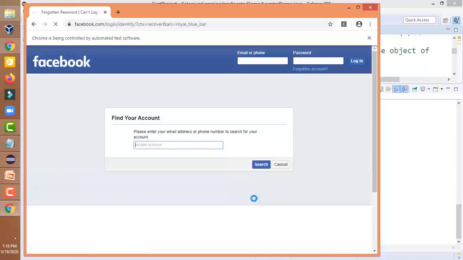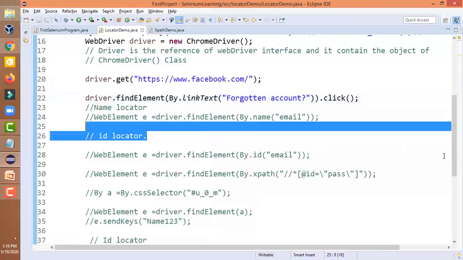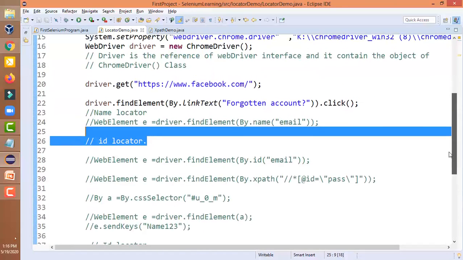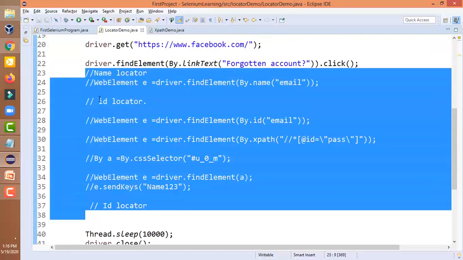If you look at this, it has successfully clicked on forgotten account and it has been closed. So our script has been executed successfully. One thing you should remember: all these other lines will not execute because they are commented out.